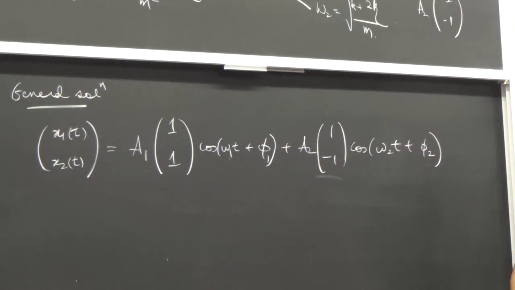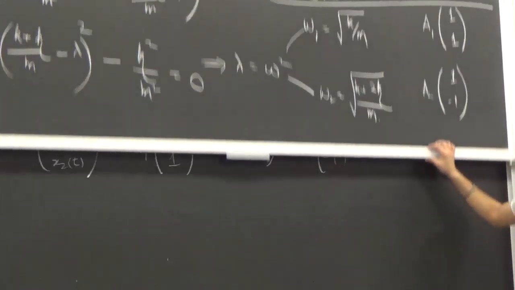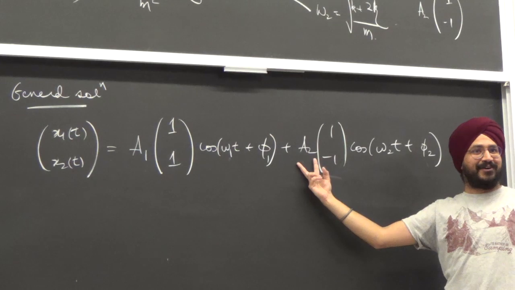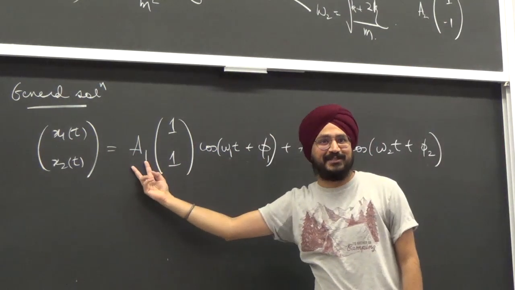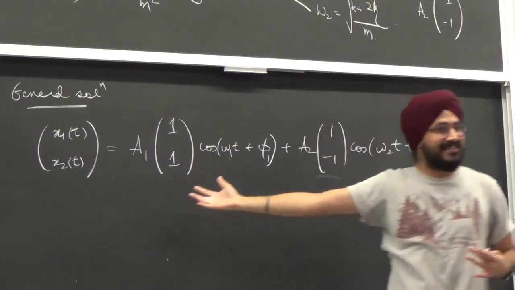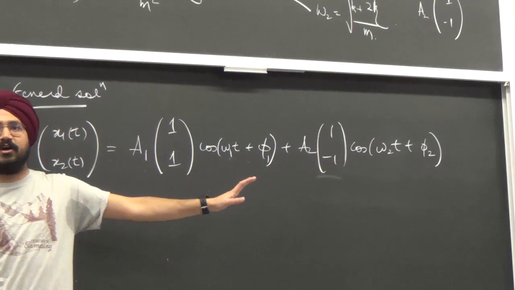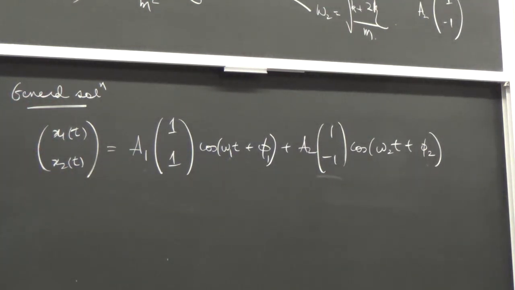Okay. Normal modes are special because for my normal mode 1, in my general solution, a2 was 0. And normal mode 2 corresponds to a1 being 0. So they are special. For the general solution, it's just a linear combination of the two. Let me go on for a minute, then I'll take up more questions about this.